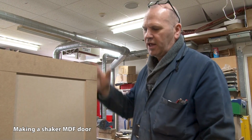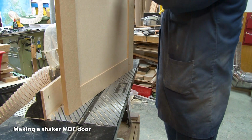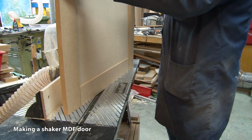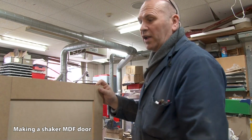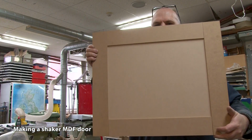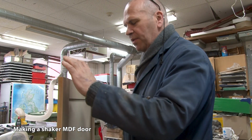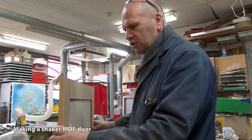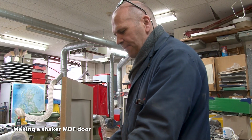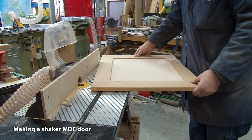And there you have a shaker door. But that's, as you can see, going to be a wide one rather than a tall one. Now, obviously that's not glued and clamped up, but basically that is your shaker door. And it's quite easy really, and obviously once it's all glued up, glue strengthens all the joints. It's not going to be under a lot of stress or anything like that. We would put that in a set of sash clamps, glue it, clamp it up, leave it overnight, let it set, and then when that door is set, the next job that you're going to do is you're probably going